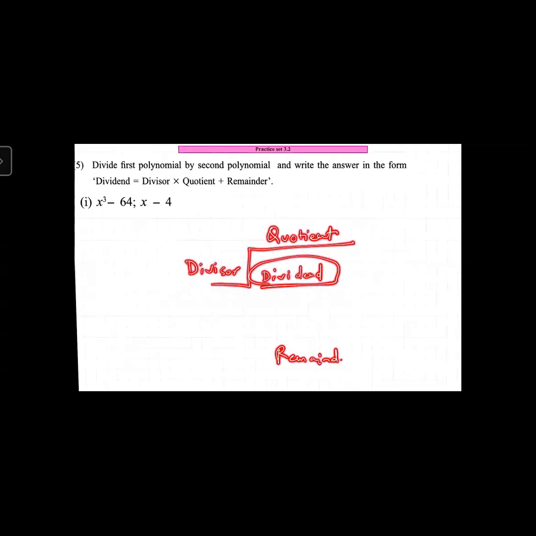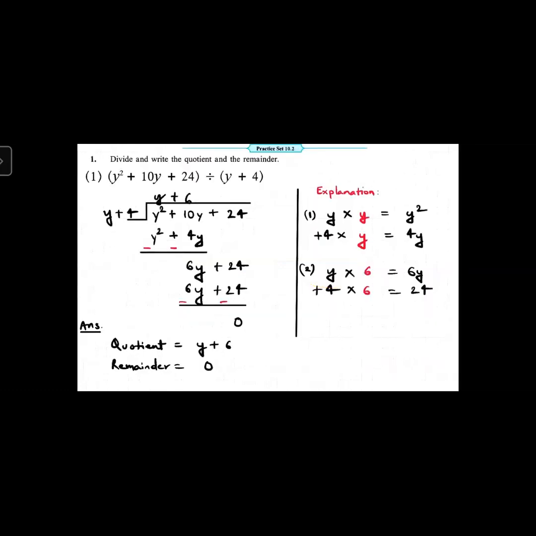So what is our question? The question is, you have to divide first polynomial by second polynomial. Your first polynomial is divided by second polynomial. That means your first polynomial is dividend and second polynomial is divisor. So you have got dividend and divisor. Now you will have to find out the quotient and remainder. Before that,